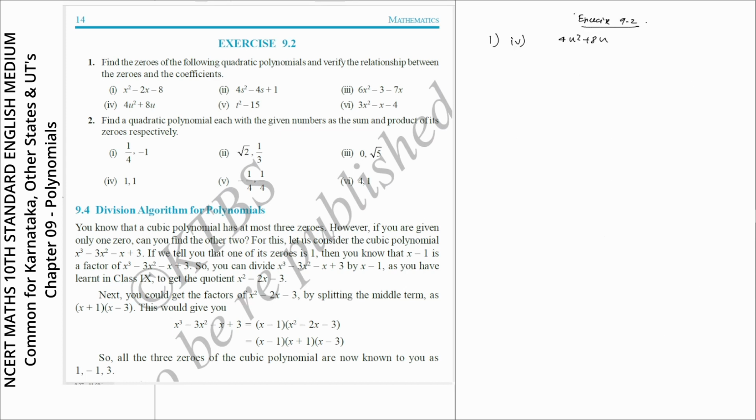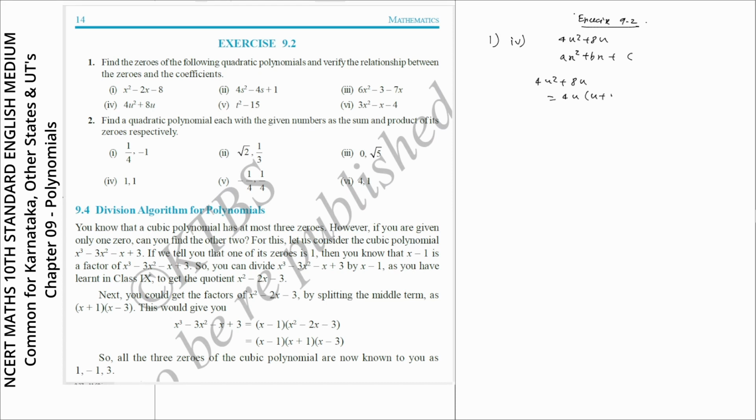Exercise 9.2, question number 1, sub question 4. The given polynomial is 4u square plus 8u. This is a polynomial in the form of au square plus bu plus c. Here the c term is 0, that's why in the given polynomial only two terms are there, the u square term and the u term. C is 0. Now 4u square plus 8u, I can write by taking 4u as a common factor,